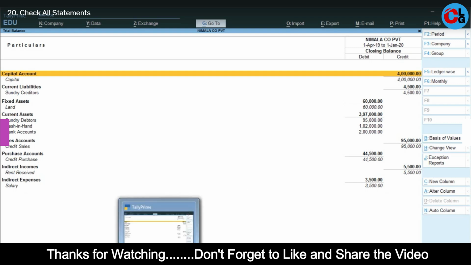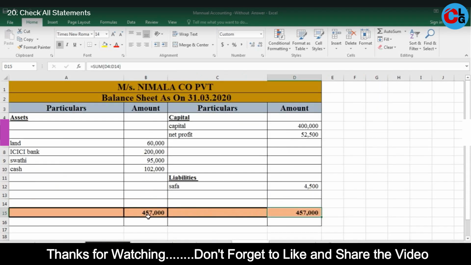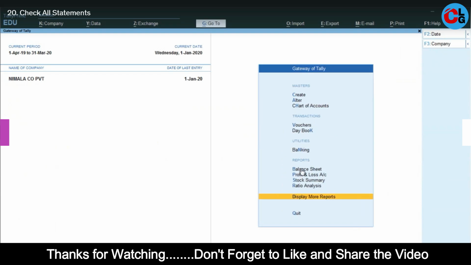Now we are going to check our balance sheet. So the balance sheet in manual is 457,000, here also 457,000. Now we are going to check it in Tally Prime. So I'm going to press the Escape key on the keyboard and come to the reports and Balance Sheet. Click the balance sheet. You can see